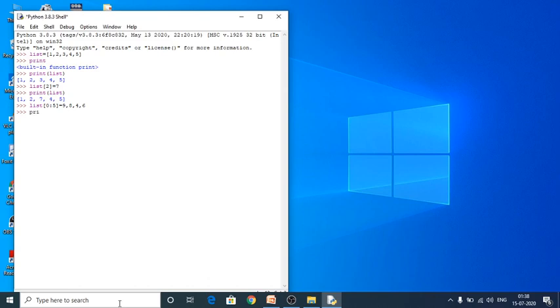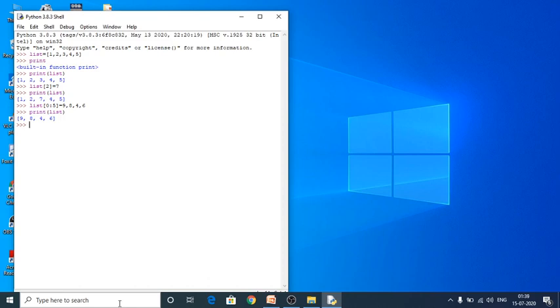So again I am going to print list. Yes, so this is what the changeable element from 0 to 5. So totally 5 elements are there, 5 minus 1 becomes 4.